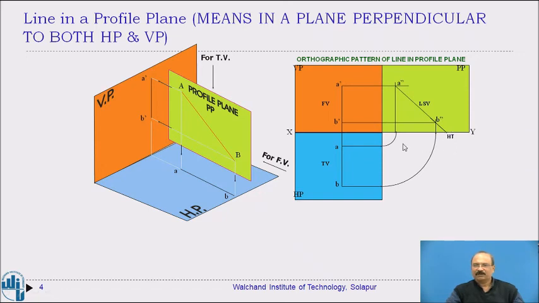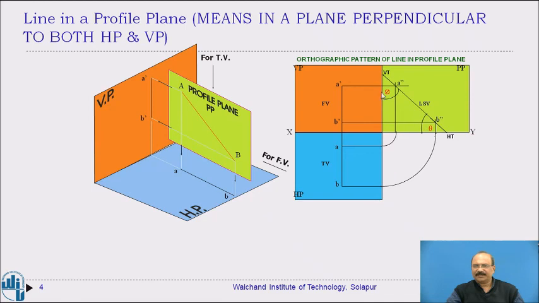Now we have drawn one more point: this is a horizontal trace and this is a vertical trace. This is just an extension of the line to where it intersects the horizontal plane as well as the vertical plane. If it intersects the horizontal reference plane, we call it HT, and if it intersects the vertical reference plane, we call it the vertical trace. I have one more lecture in my lecture series on this detail, where you can study exactly what the horizontal trace and the vertical trace are.